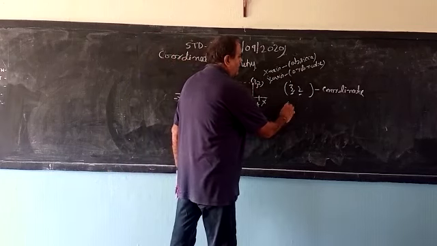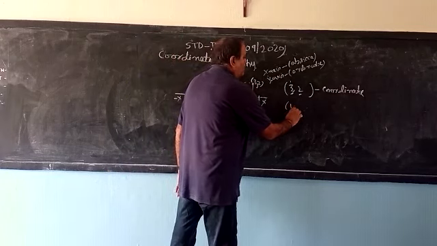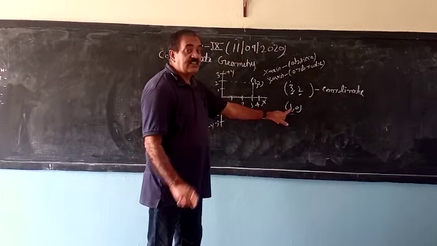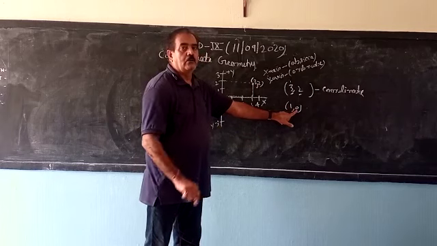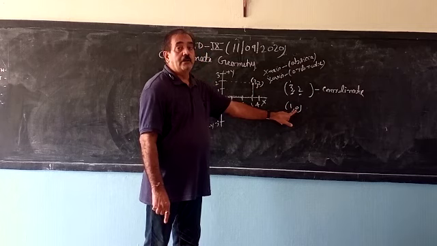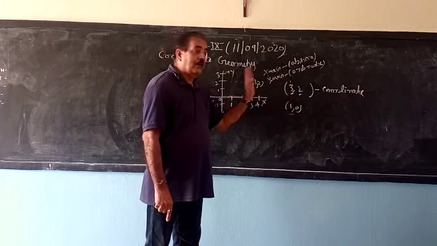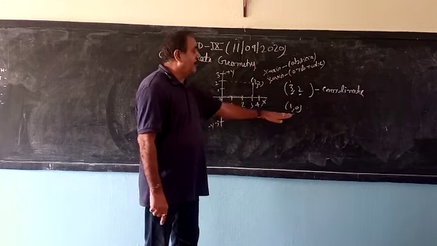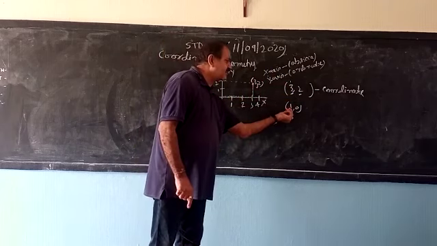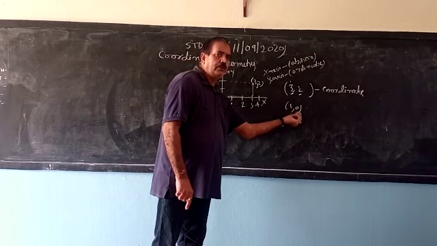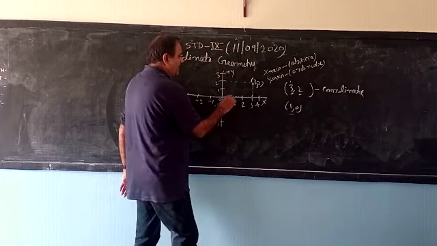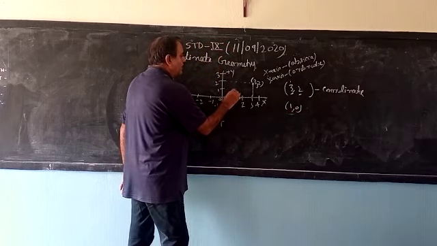If (1, 0) is given, where will it be? The x value is 1, the y value is 0. When one coordinate is given as 0, the point does not lie in a quadrant, it lies on an axis. Since the y coordinate is 0, this point will lie on the x-axis. So this is the point (1, 0).